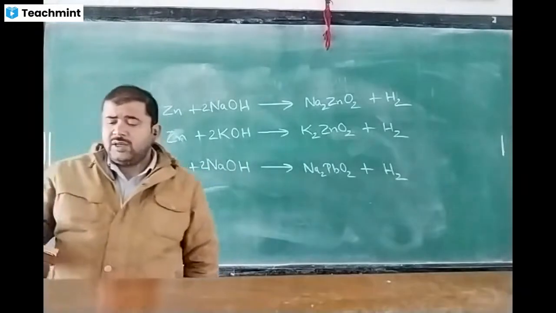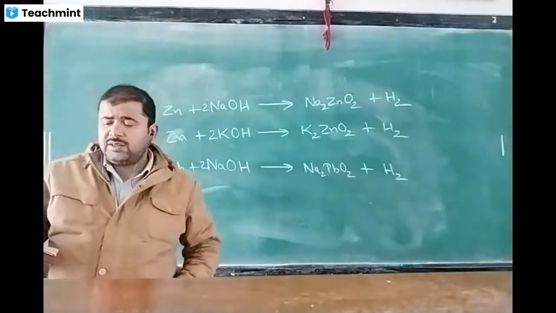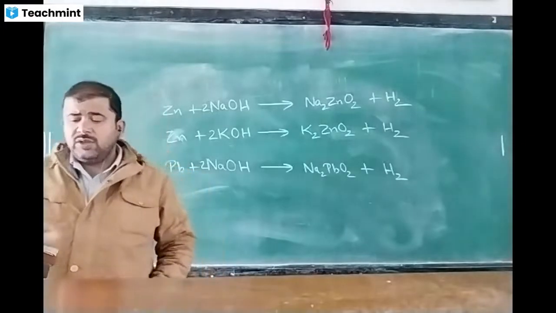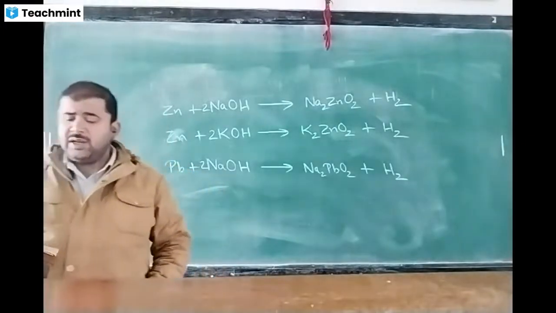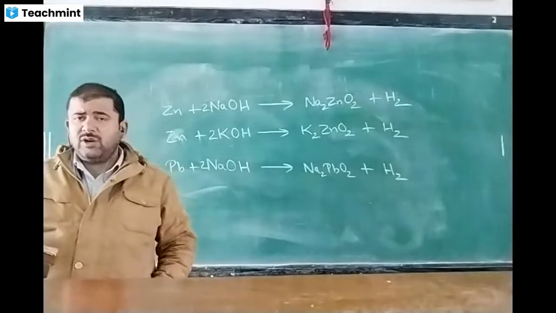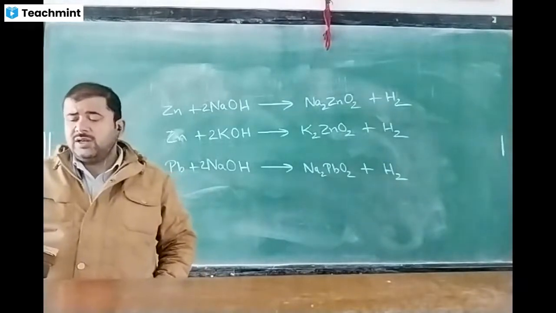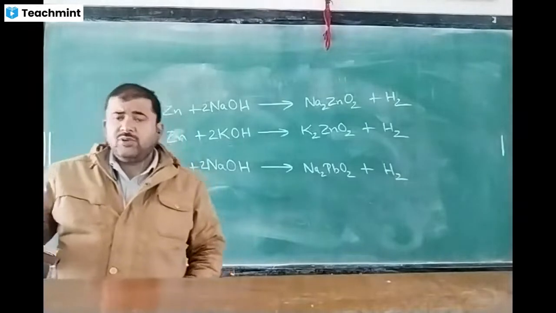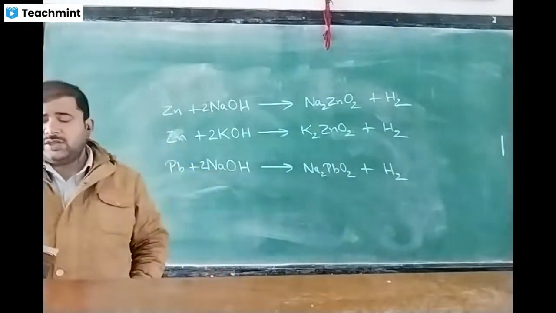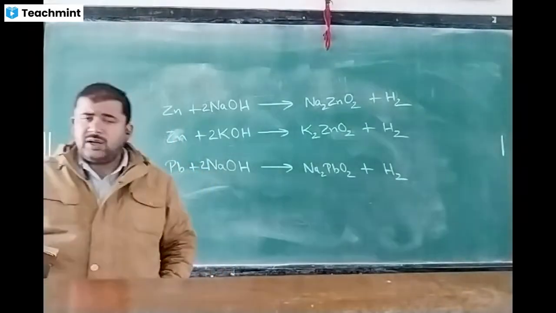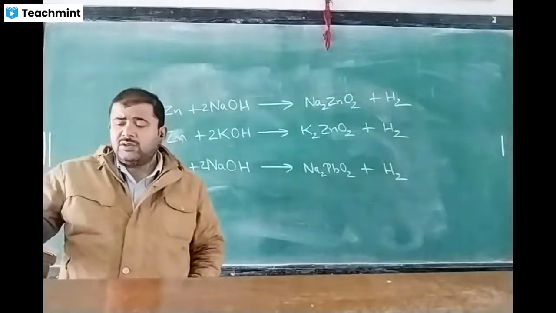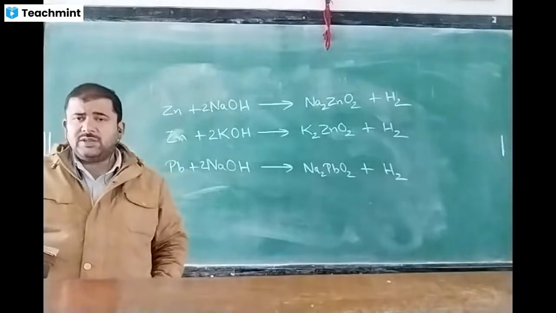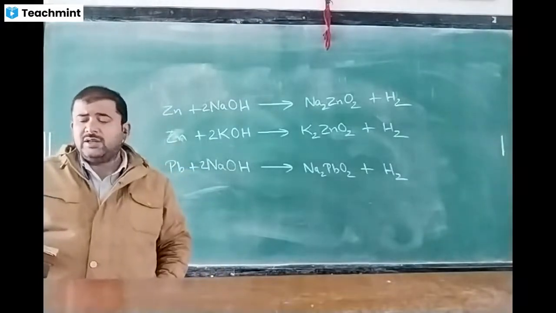Next are active metals, the activity series of metals, and reactions with metals. One more thing is given here: the unique nature of zinc, lead and aluminium. Zinc, lead and aluminium form oxides and hydroxides, for example zinc oxide and zinc hydroxide, which are amphoteric in nature. The oxides and hydroxides of these metals have amphoteric nature.